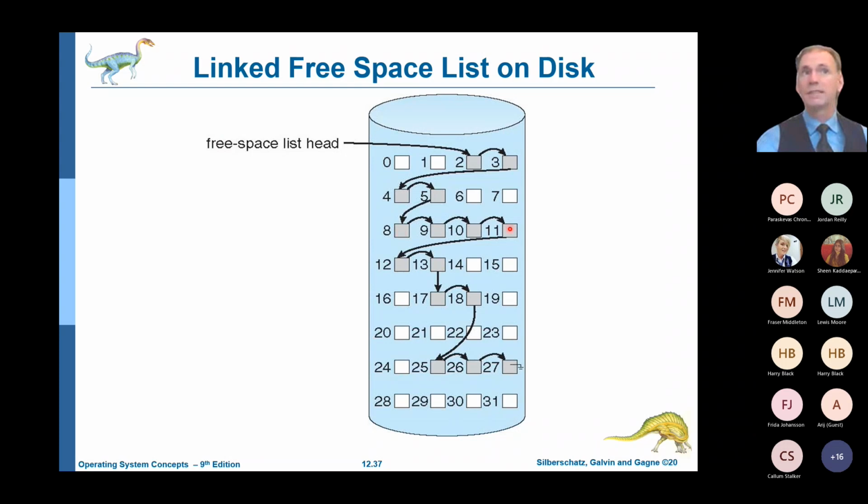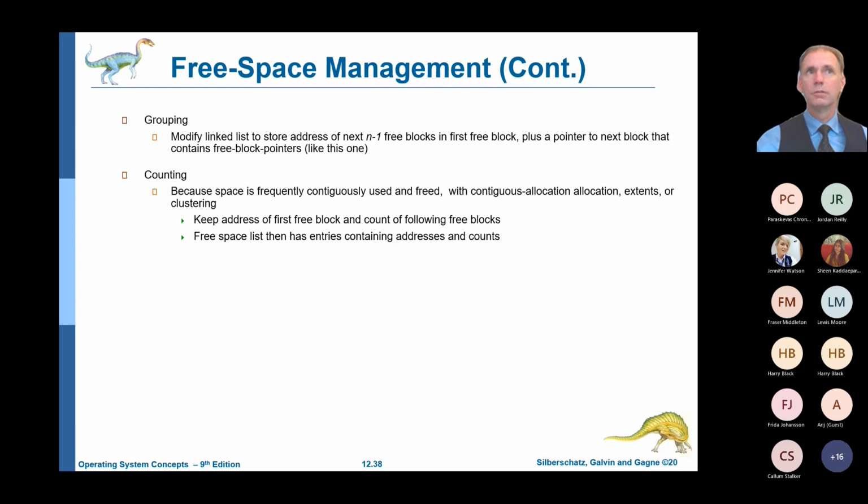And it says, yeah, I've got 6 free blocks. And the next one's at 17, which says I've got 2, and so on and so on. So maybe we could group our pointers to understand not just where the free space is, but how large it is in one contiguous